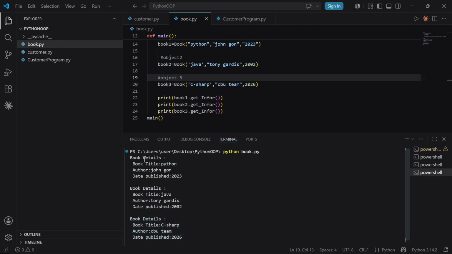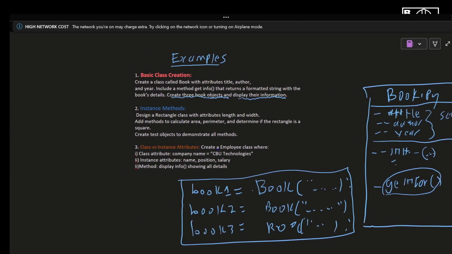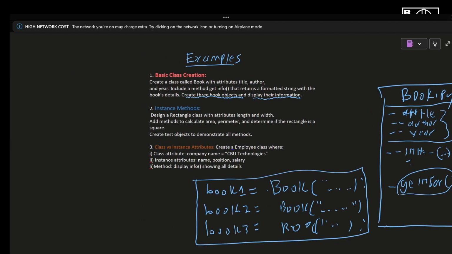So these are objects which were created. These are the object results which were created from one single class. Therefore, I hope we have understood this example. You have understood this part. So I believe we can move on to the next question about instance